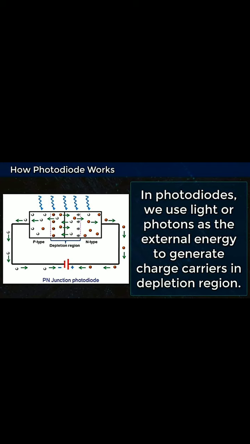In this way, the number of charge carriers inside the p side as well as the n side increases as we increase the intensity of light. If more light is incident on the depletion layer, more free electrons and holes are generated inside the depletion layer, and they will move towards the p side and the n side due to that potential barrier. In this way we increase the charge carriers in both regions.